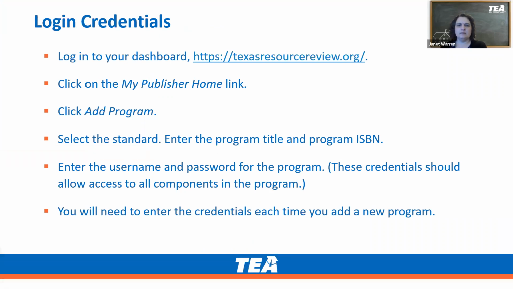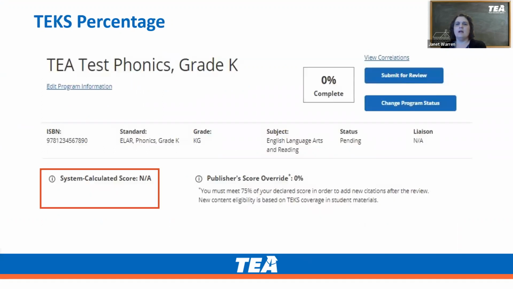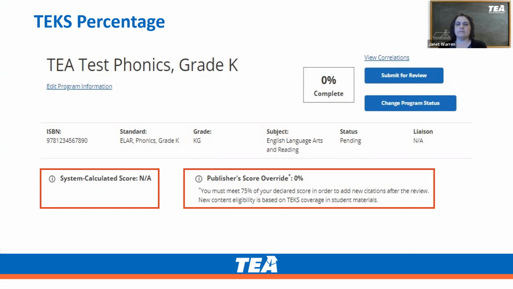Okay. So now we'll go back to finishing our presentation. Before I get into determining your TEKS coverage percentage, I want to let you know that the Standards Alignment Dashboard will automatically calculate and display your TEKS percentage as you enter your correlations. When you click on Submit for Review, you'll be given the chance to override the system calculated score. For a review against a full set of TEKS, publishers may use this option. For the purposes of this review, that won't be necessary. You can enter the system calculated score when you submit for review.